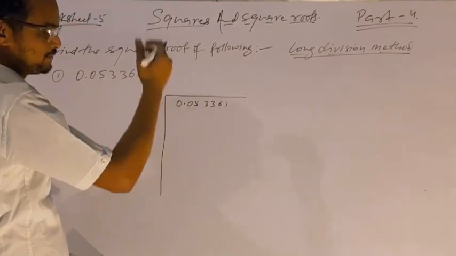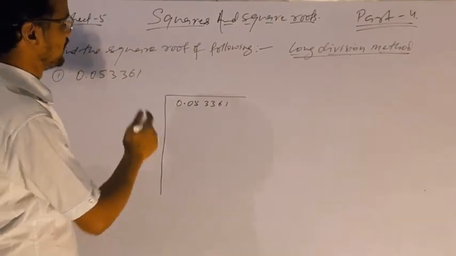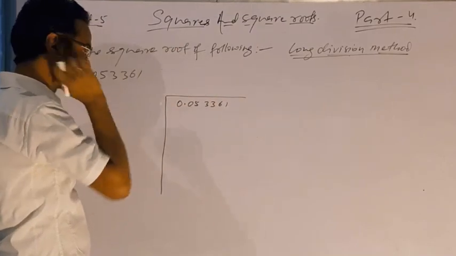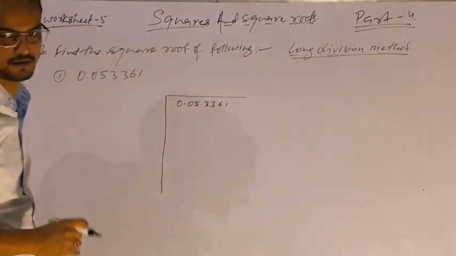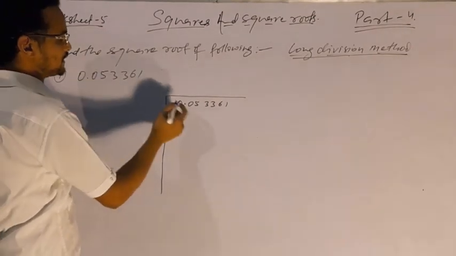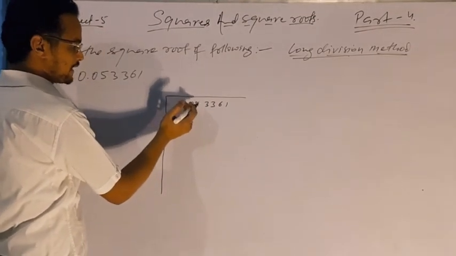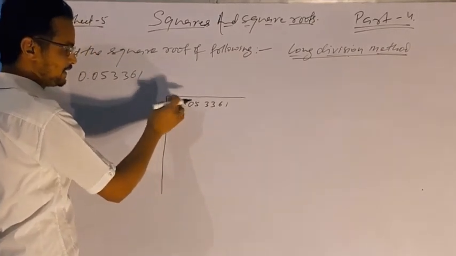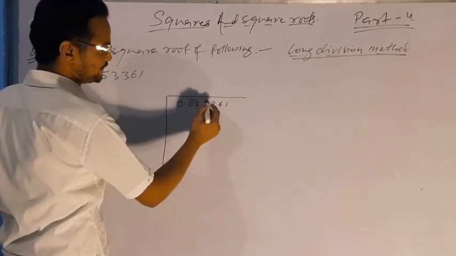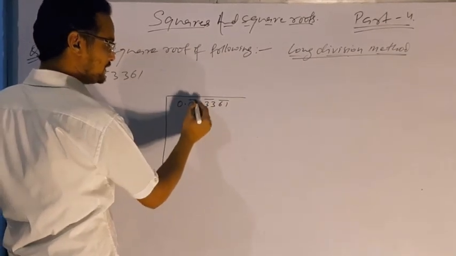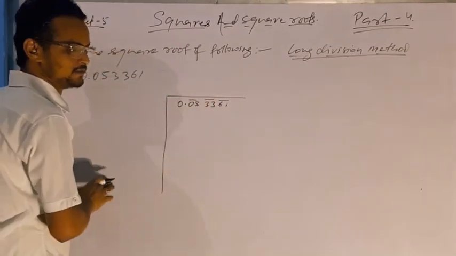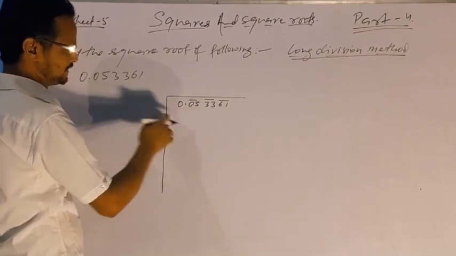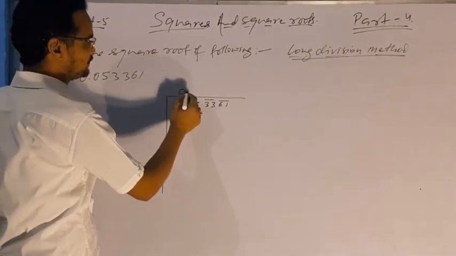In the previous question we have just discussed how to divide it using the long division method as the division form. Here it is just in decimal form. Firstly, consider the pairs from the right side of the decimal and the left side of the decimal. There is no number on the left side, so make pairs on the right side. If you are left with one digit, then make it a double digit by putting a 0 there. Now it is just the decimal portion. As you all know, directly we will put the decimal.